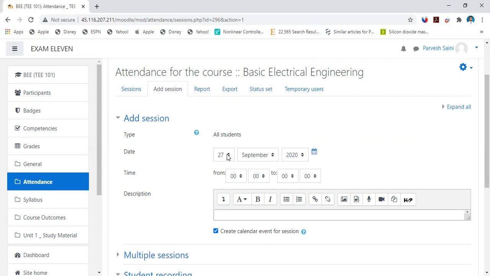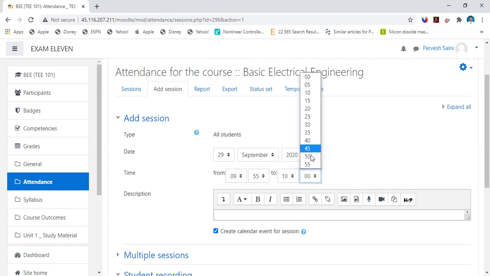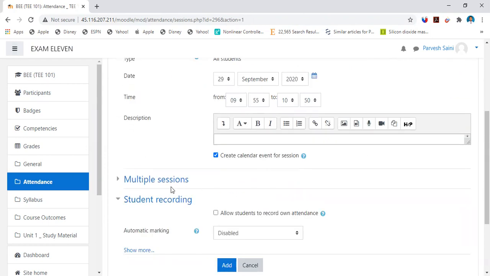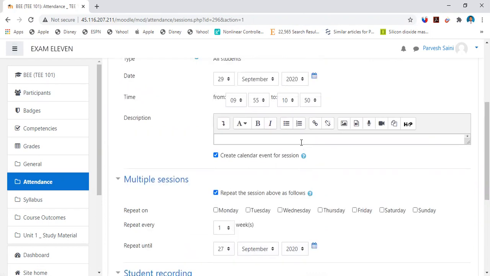So, because I know my first and second lecture fall on Tuesday and Wednesday at the same time, 9:55 a.m., I'll select 29th, because 29th is Tuesday, and I'll select the timing also, 9:55 to 10:50, right? Okay, so then I'll go to multiple sessions, and I'll select repeat the session above as follows. So I will click, because even if my lectures do not have the same timing on different days,